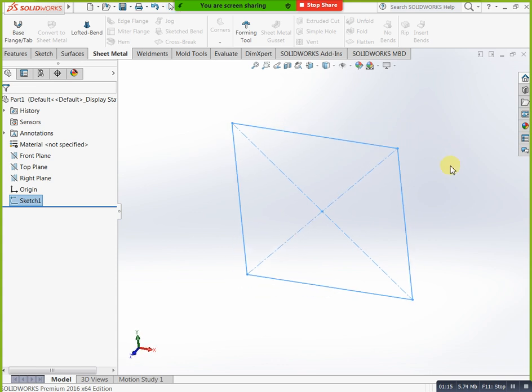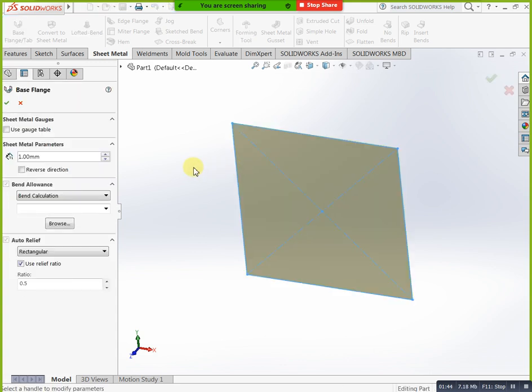Now this profile, this sketch, I need to convert it into a sheet. How can we convert? When you enter sheet metal, you can check that condition here. All icons are hidden. We have just three icons highlighted, 1, 2, 3. By using this one we can convert our sketch into a sheet. When you convert it, the remaining items are automatically highlighted.